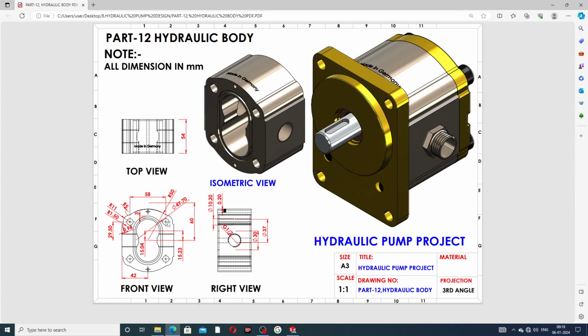Okay, two circles are drawn here. The diameter is 10.2. Okay, and the distance between these two circles is 58 millimeter, and the distance between this line is 29.5 millimeter. Okay,